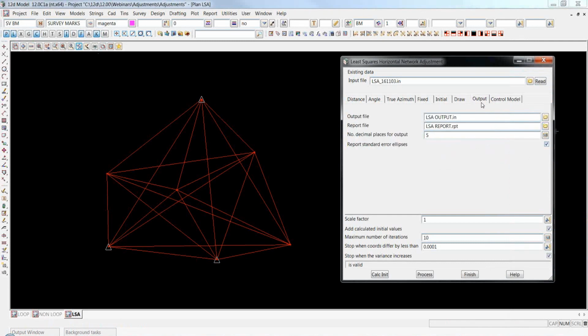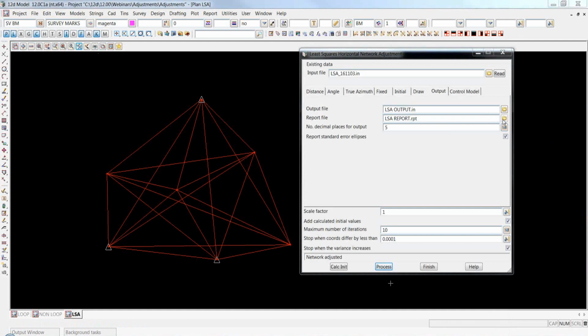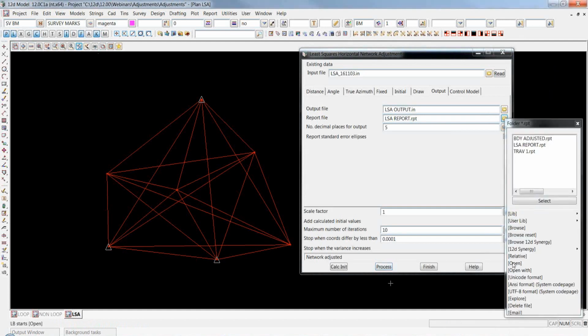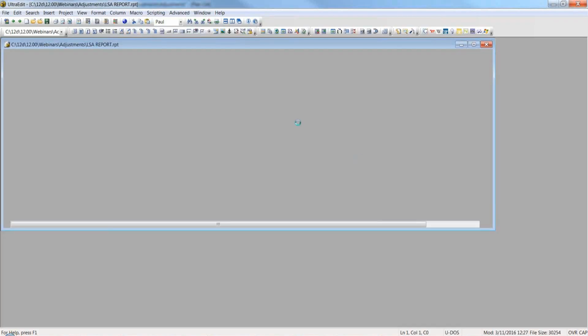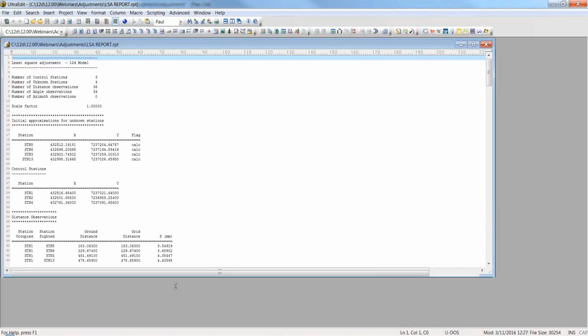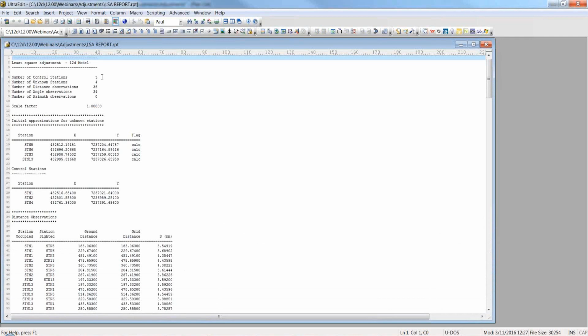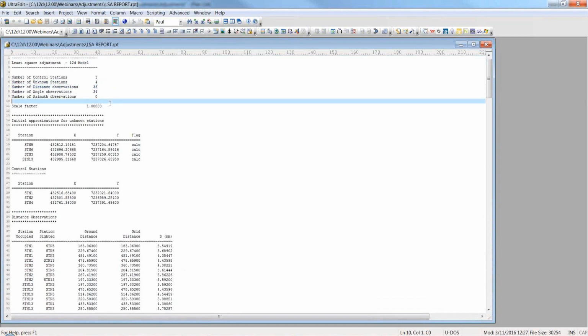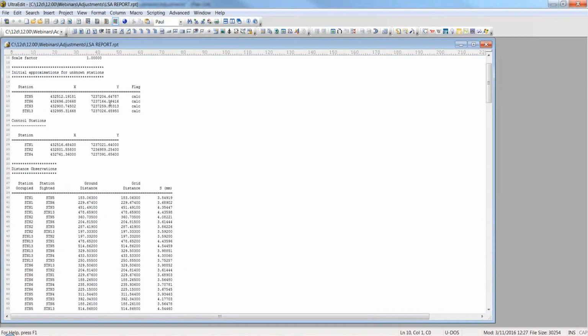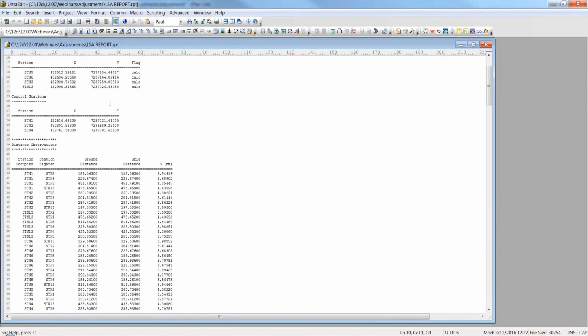Okay, so now once I've done my initial calc, I can process, and it's adjusted my network. And if I have a look at my report, so you click on the report file, open, and then it goes through your number of control stations, number of unknown stations, observations, so on and so forth. Okay, so then you can have a look through